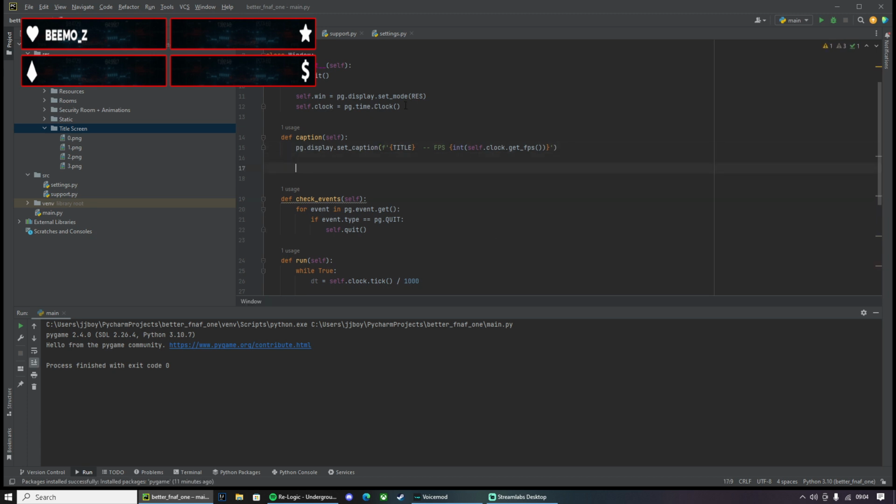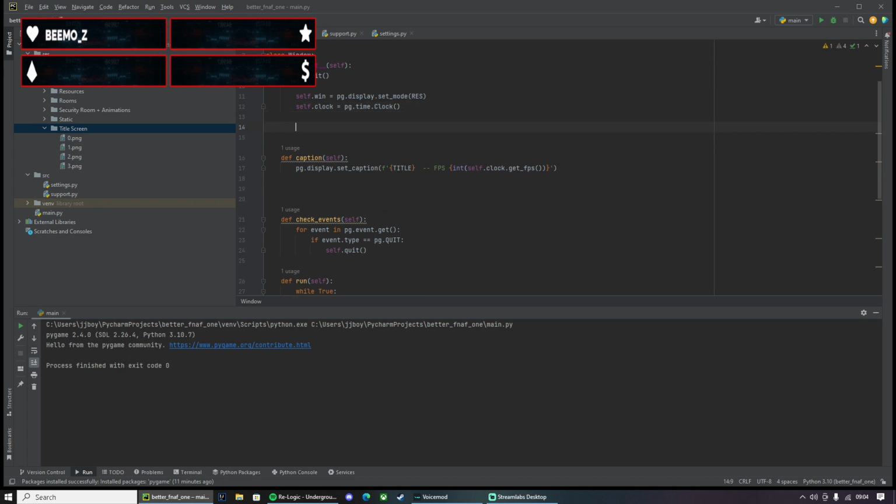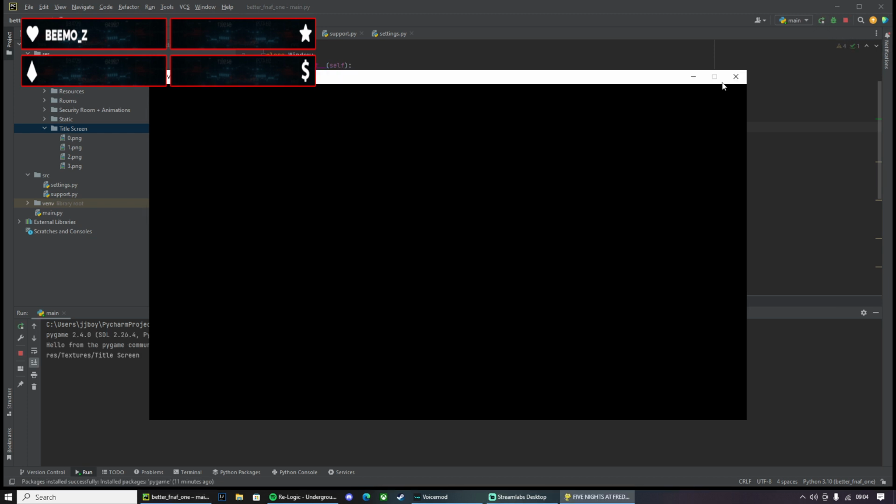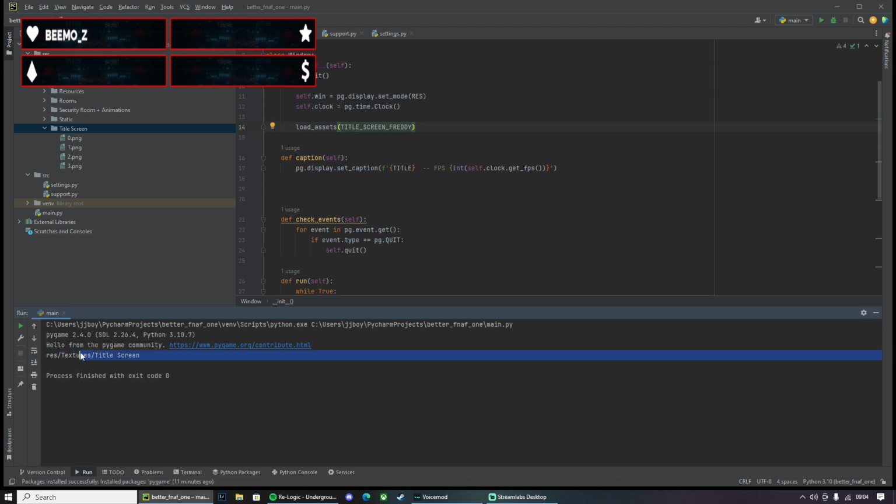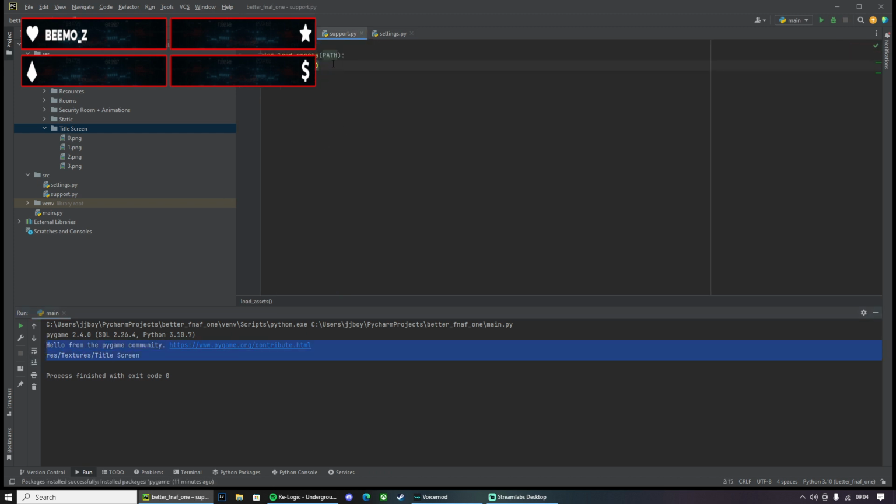Well, let's just load it inside the initial. So load assets, and then we'll do title screen Freddy, and then hopefully if we run this, it does print it. So boom, we've got it. So now we can just focus on this.